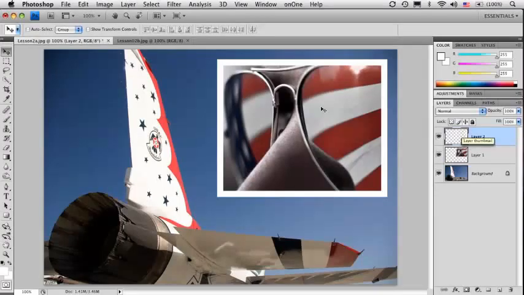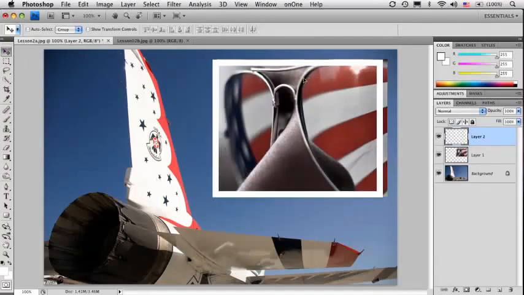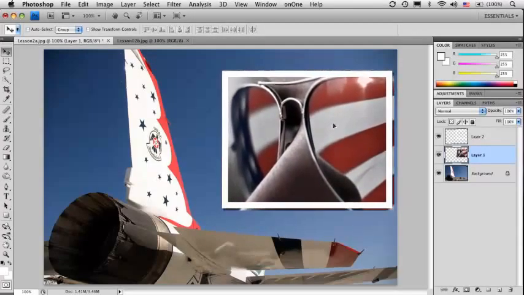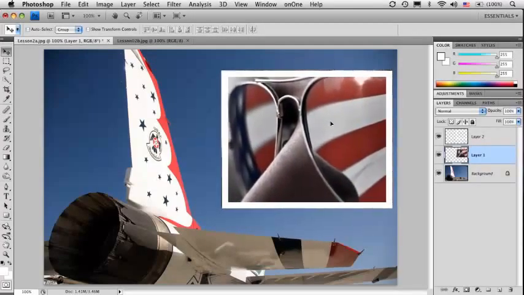All right, it's a little bit hard to see, but if I took my move tool, see how I can move it around? Because it is now separate from the layer that's below it. The photo is still down here, and I can move that around too. These are all individual layers, and that's where you get the benefit of working with layers, because if I ever wanted to take this top layer here, remember this is the one with that white frame,